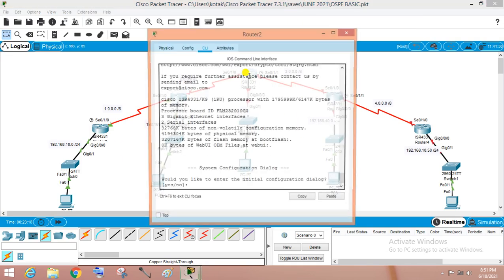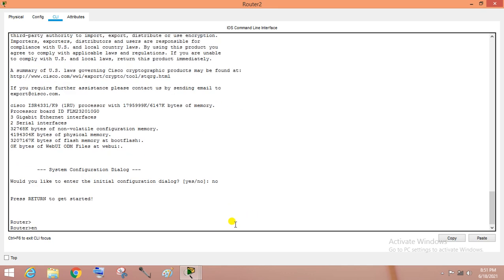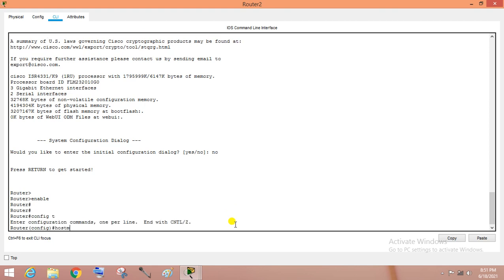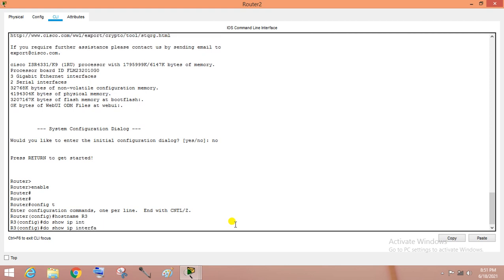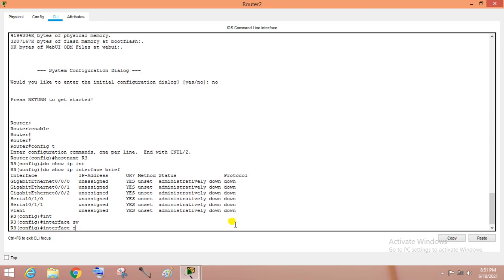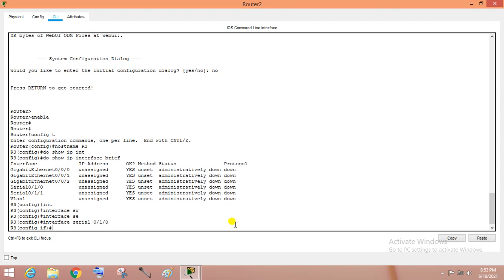Now go to router number 3. Config T, hostname router number 3. Show IP interface brief. Go to the WAN interface serial 0/1/0.